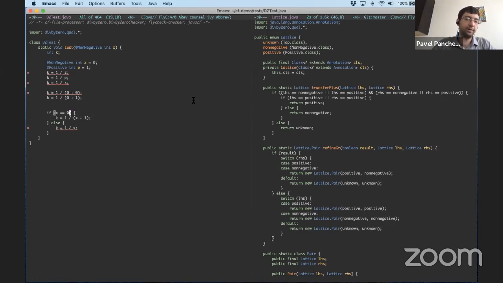And here you can see an example of that. If we change this to x greater than 0 and remove the annotation on x, you'll see that in this branch, we know that x is bigger than 0. It's positive, and so we actually know that this test succeeds. So I can divide by x safely. But in the other case, I don't know that that's true, and we still get an error.